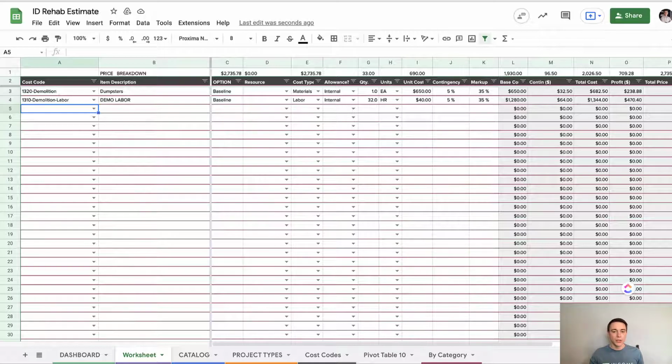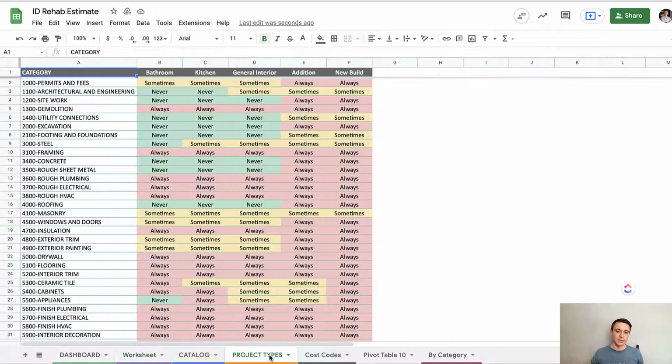All right, now one cool thing about cost codes is I can start to build in some checks and balances for what I call project types, okay? So at the subcategory level, I can say to the system what type of project should include different subcategories. So if I go to my project types, I've listed out, actually this is subcategory, it's not category, so let me label that appropriately. So I have a comprehensive list of subcategories, and I'm telling the system, now